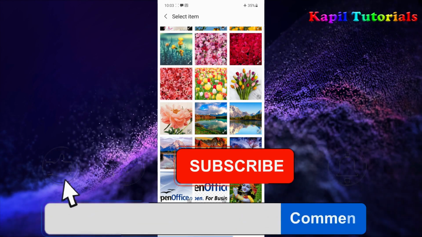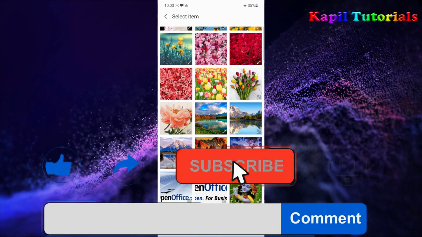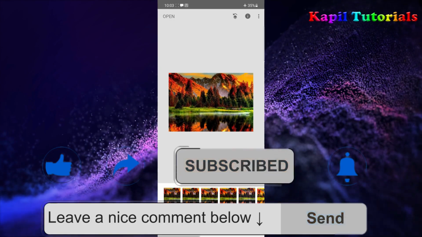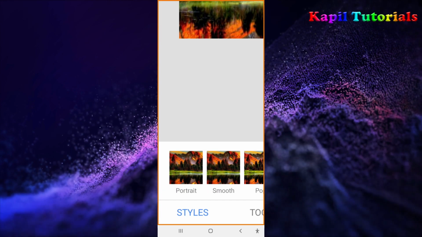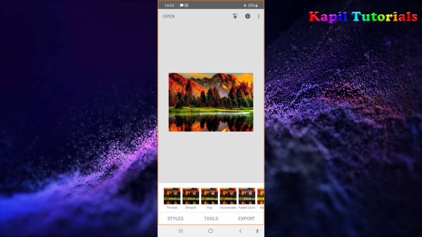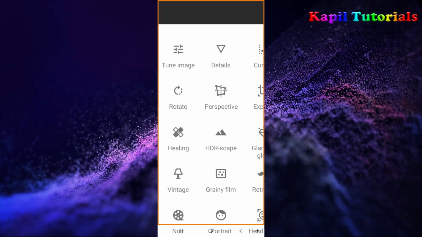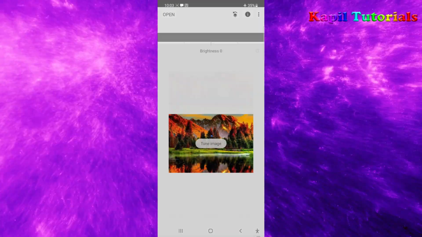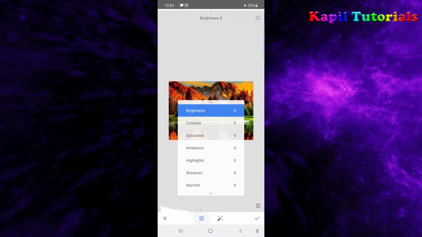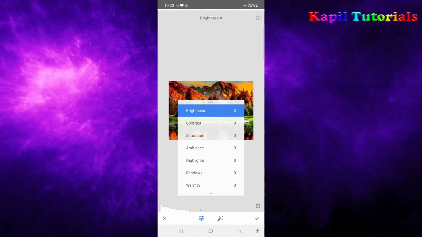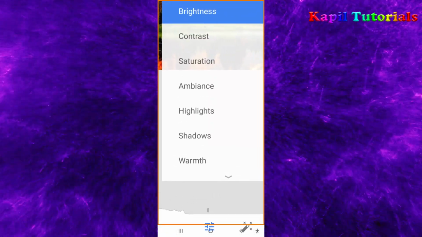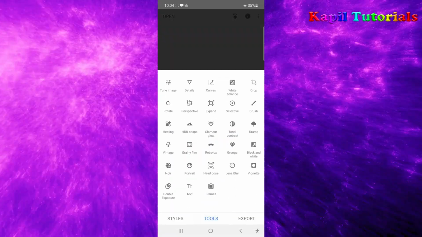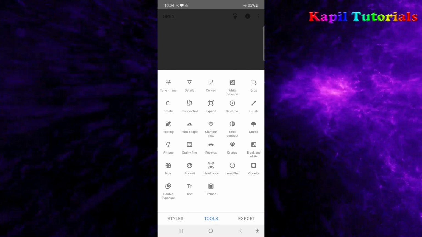So for today I'll be taking some new image. So let's see, I have taken this image. Last time I told you about styles. Then from the tools I covered tune image. From the tune image I told you about these different options. So today we'll be doing some other tools,